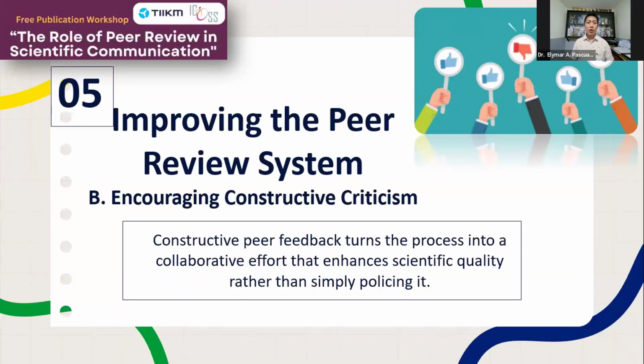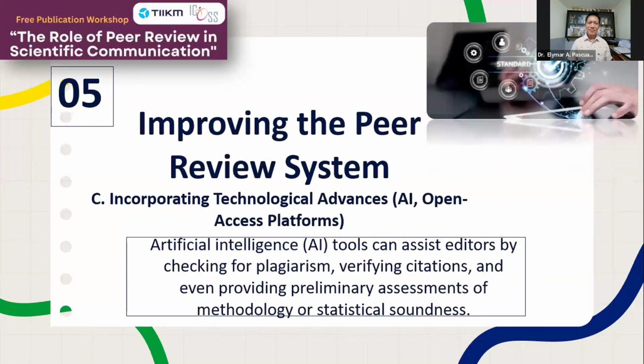This approach supports the growth of both the manuscript and the researcher, particularly for early career scientists who benefit from mentorship-like reviews. Constructive peer feedback turns the process into a collaborative effort that enhances scientific quality rather than simply policing it. And another way of improving the peer review system, next slide, is by incorporating technological advances like AI